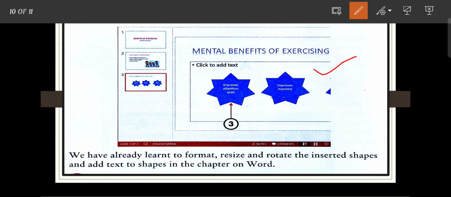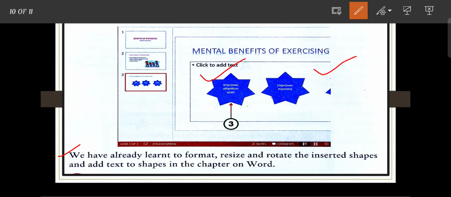We have already learned to format, resize and rotate the inserted shapes and add text to the shape in the chapter on Word. So these are simple steps, similar to Microsoft Word 2016. Similar steps are to be followed to format a shape in a PowerPoint presentation also.